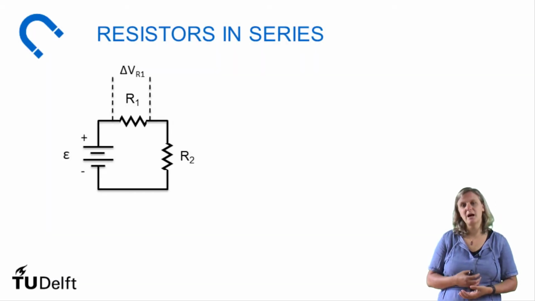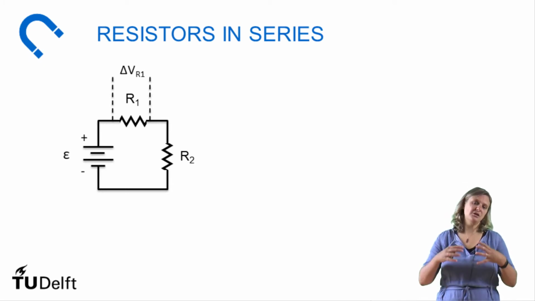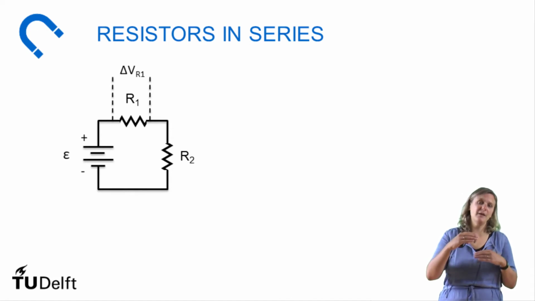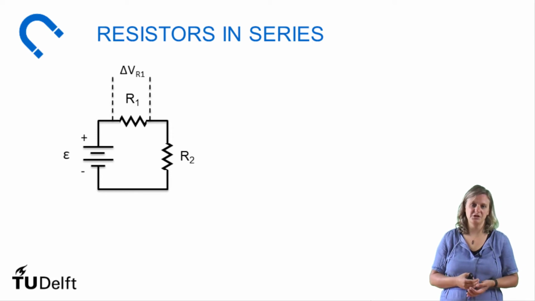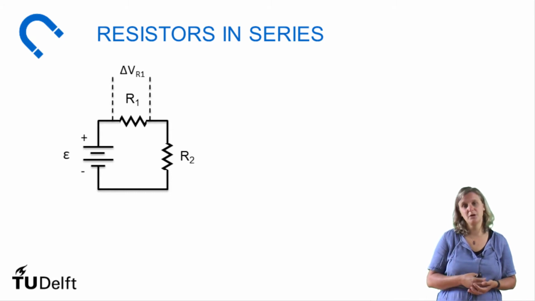So what happens, how can we play with resistors? So one way to play with resistors, as we saw on the motherboard, is we can put them in series. So for example, in this case, you see on the beginning, you see electromotive force, this is the epsilon. So this is basically the battery, and then we can, in series, so behind each other, we can put two resistors, R1 and R2.